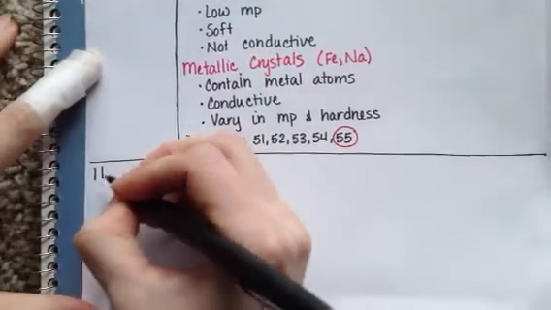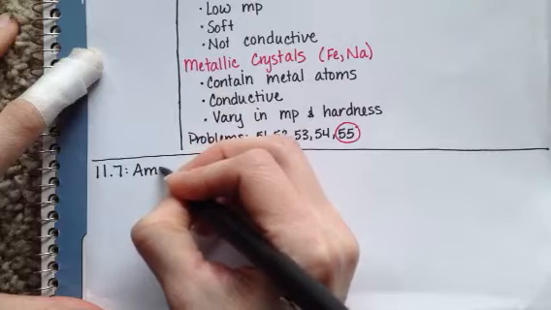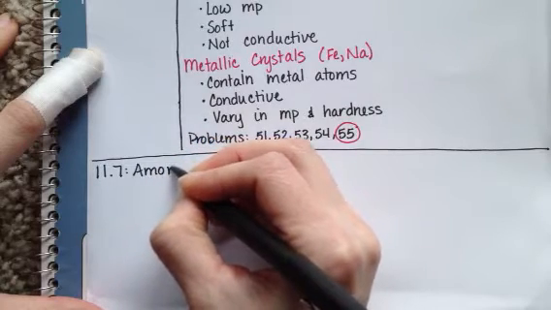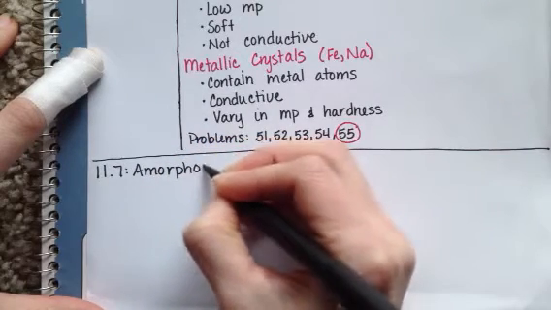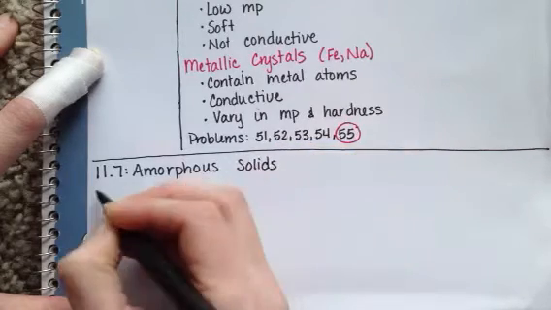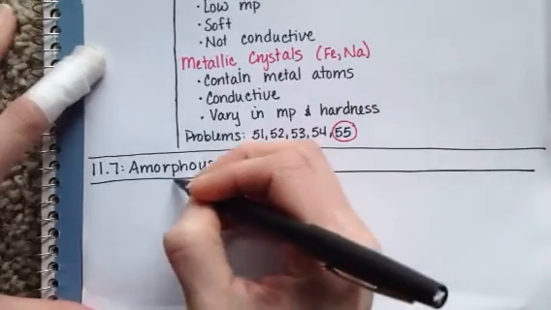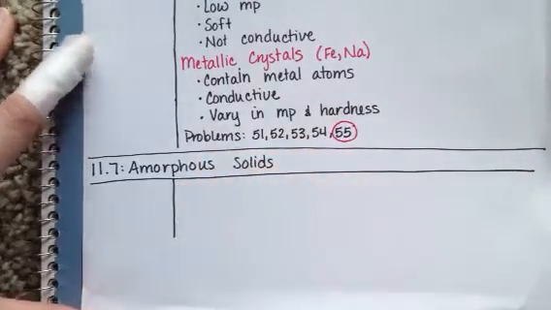Section 11.7 is on amorphous solids. It's actually a very short section. Remember at the beginning of section, I want to say 11.3, we were talking about the difference between crystalline and